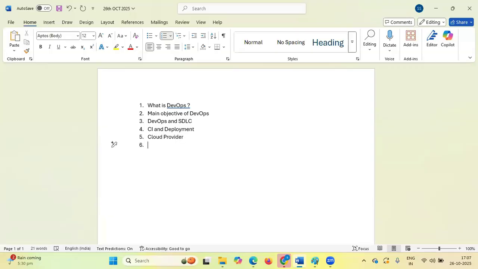Then the essential part of DevOps, which is scripting, and then the configuration management tool.